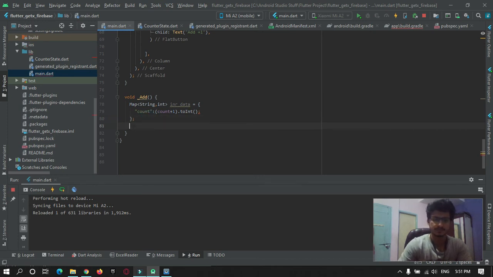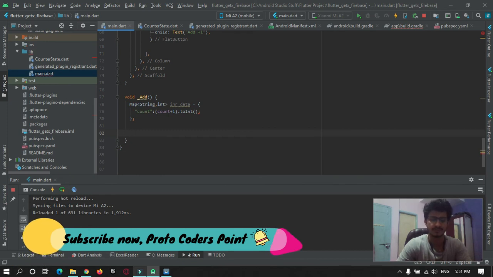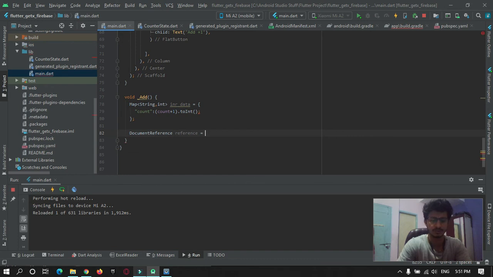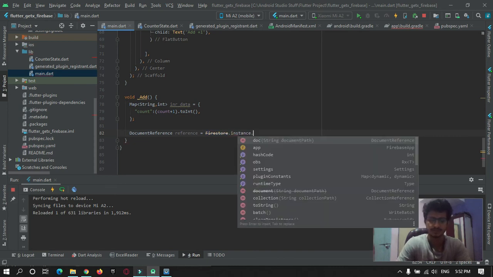Okay, and then to pass it to the Firebase server, we will make use of document reference. Document reference is equal to the path where you need to store this data. The path is firestore dot instance dot collection.